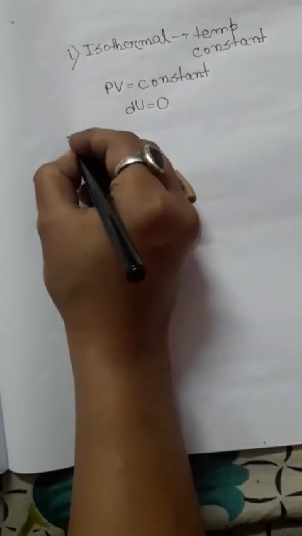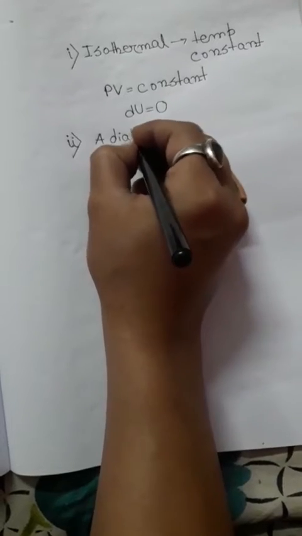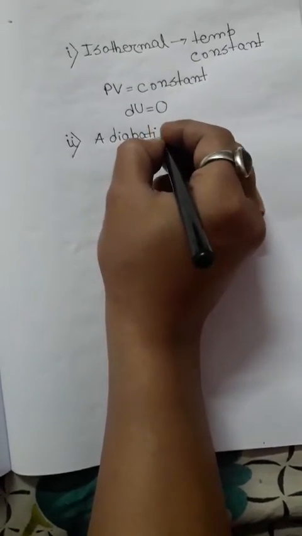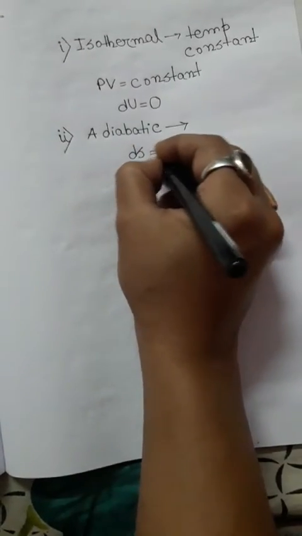The second process is the adiabatic process. What is an adiabatic process? We all know that a process in which there is no exchange of heat energy between system and surroundings is called an adiabatic process. And we all know from the second law of thermodynamics that dS, the change in entropy, is equal